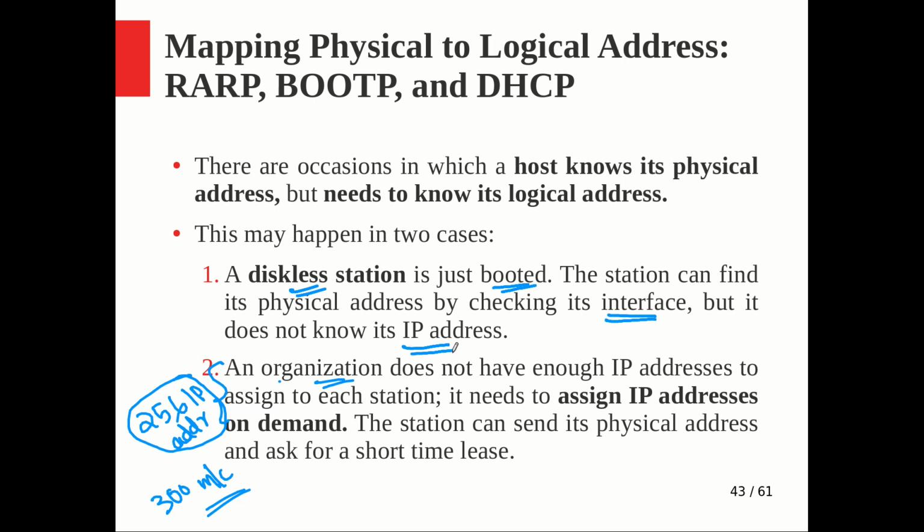So whatever it is, if the requirement is that we have to assign the IP address on demand, then every machine will not know its own IP address. Whenever the station wants an IP address and wants to get connected to the internet, it will ask for the IP, and in reply an IP address will be assigned to it. Maybe you observed this sometime back; this is not the case right now, but when I studied, I observed it.